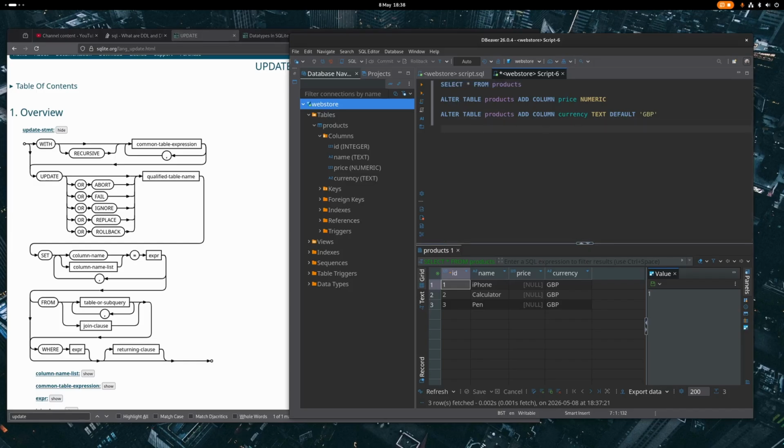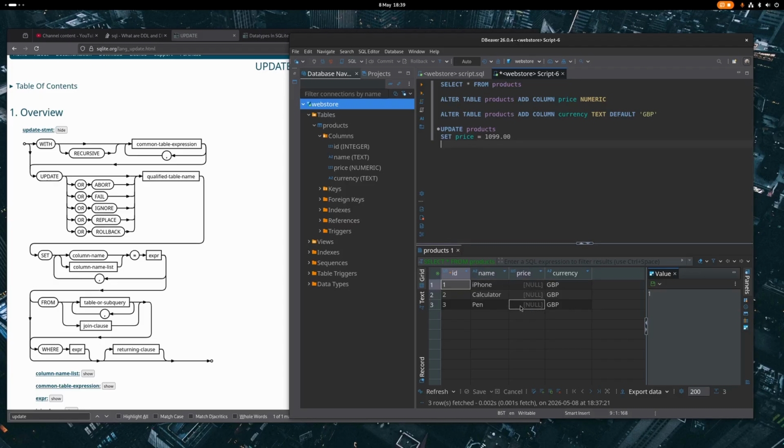So let's go ahead and update table name products, set price equals, and let's do the iPhone first. We'll go with 10.99, and just to demonstrate something, I will put two zero value decimal places. If we were to run this statement, I believe it would actually error, but I'm not going to run it just in case. We haven't isolated iPhone. All we've done is say update product set price equal to 10.99, and that would set every single row